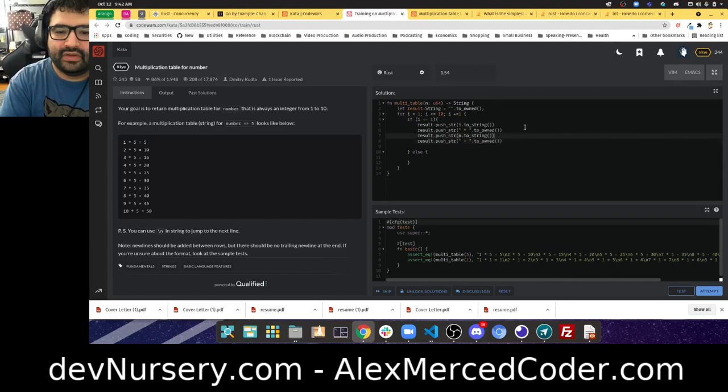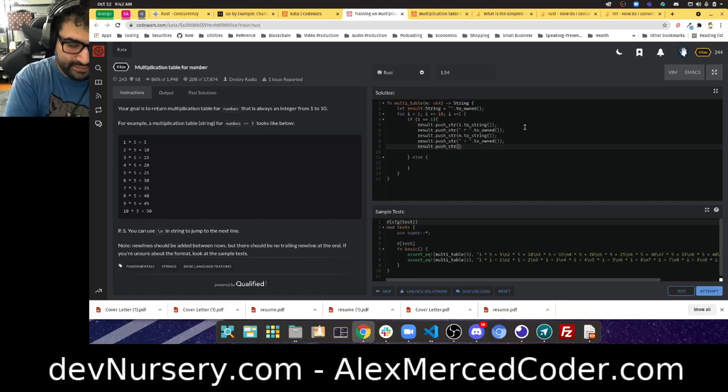Okay, so I push that string, and again, probably these all need semicolons. And then result dot push, then I want to push the result, which should be the I times n. I'll wrap these in parentheses, and then be like dot toString. Okay. And that's essentially what I want to happen when it's the first one, and then for all the other ones,